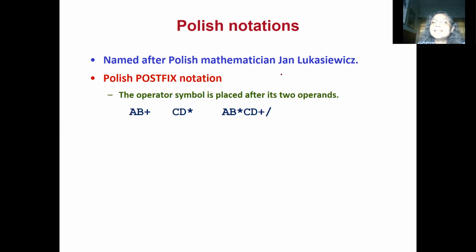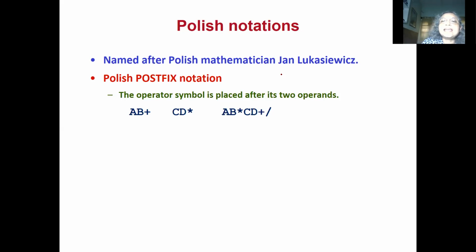First, let us take a simple example. Let us take this expression: 2 3 plus 2 star. So the first token is 2. Now your stack is initially empty. So this is my stack. 2 is an operand, so we will push 2 into the stack. Then I am pointing to the next token, which is 3. 3 is also an operand. Therefore, I will push 3 into the stack.